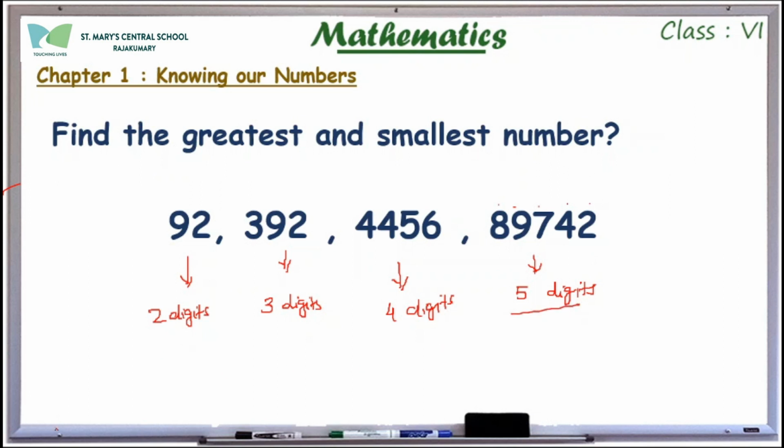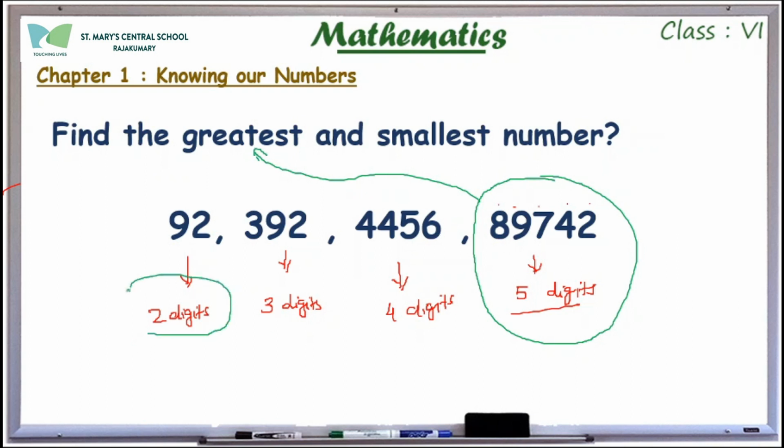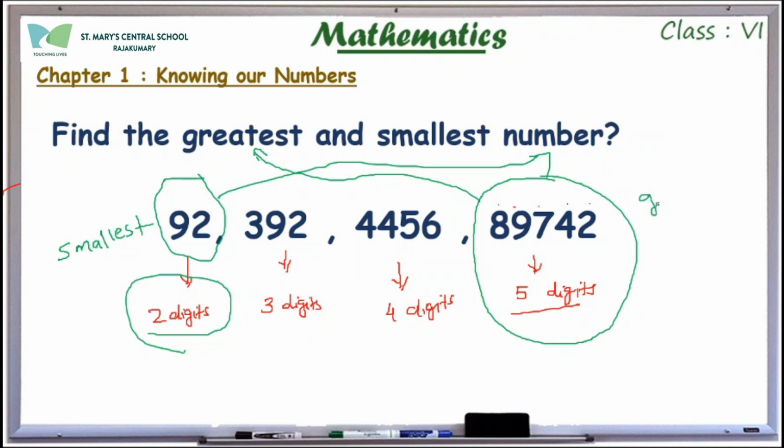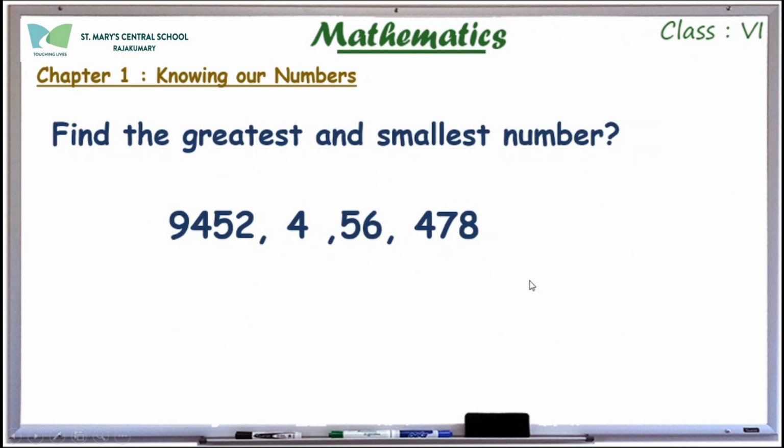So 89,742 will be the greatest number. And we have 2 digits is the smallest among them. So 92 will be the smallest number. Ninety-two is the smallest, and 89,742 will be the greatest number. So find the greatest and smallest numbers among these four: